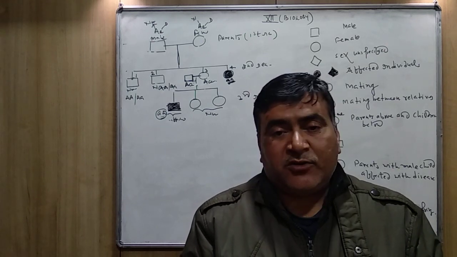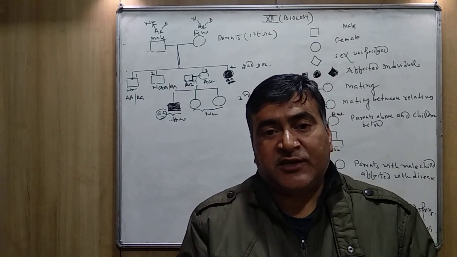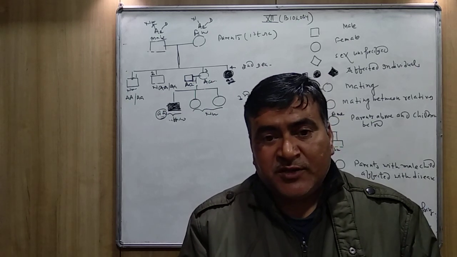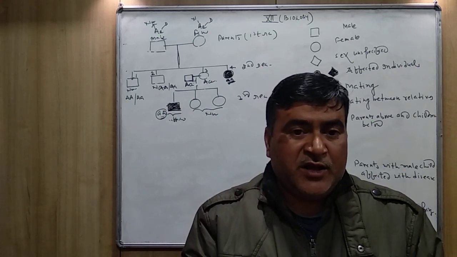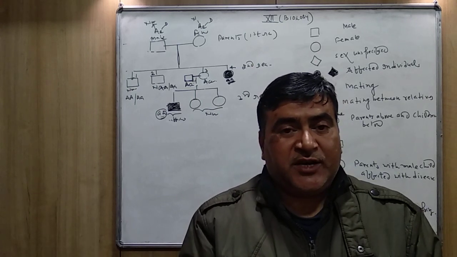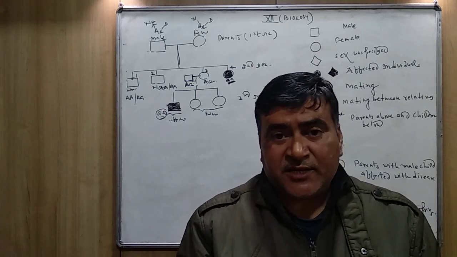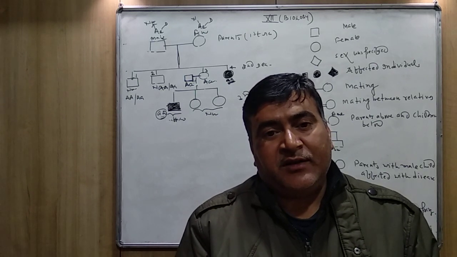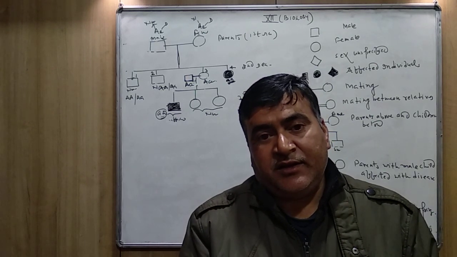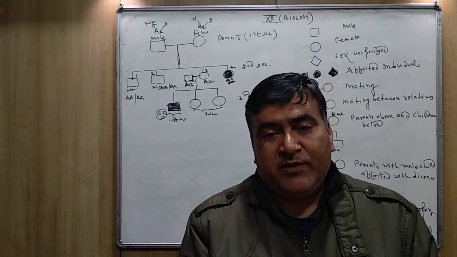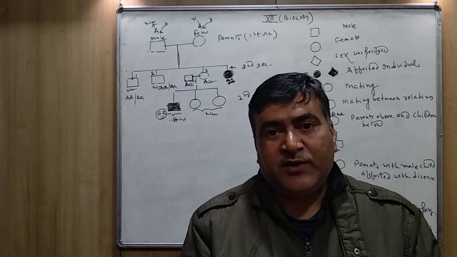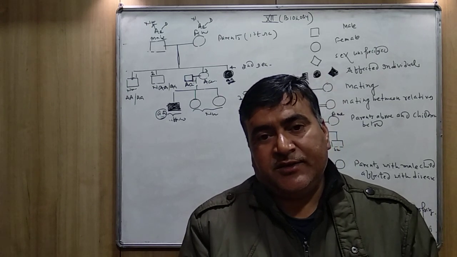But the chromosomal disorders are due to a change in the number of the chromosomes. Yesterday I taught you that 1 or 2 chromosomes may be added into the basic sets of the chromosomes, or 1 or 2 may be deleted. The aneuploidy we have already discussed, and polyploidy, both are included in the chromosomal disorders.